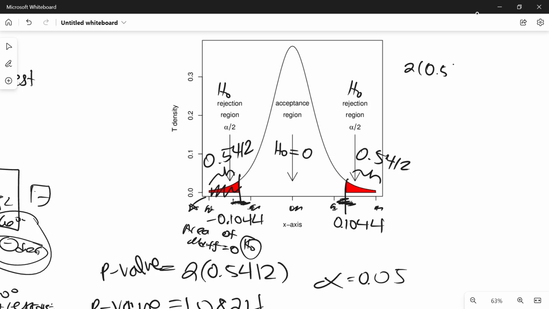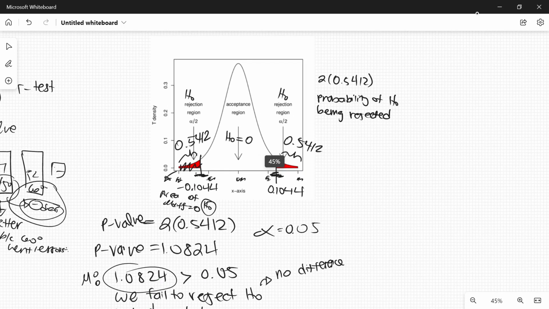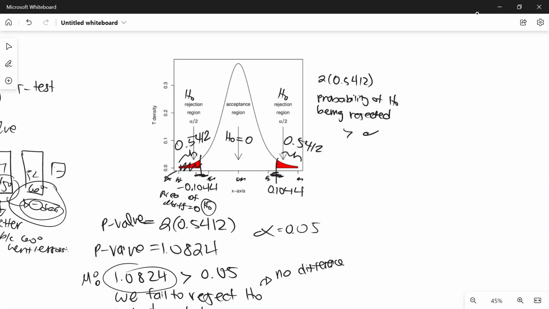So 0.5412 is the probability of H0 being rejected. And because that probability was greater than the significance level, we fail to reject H0 and do not have convincing evidence